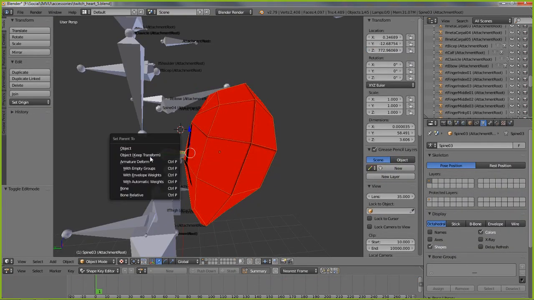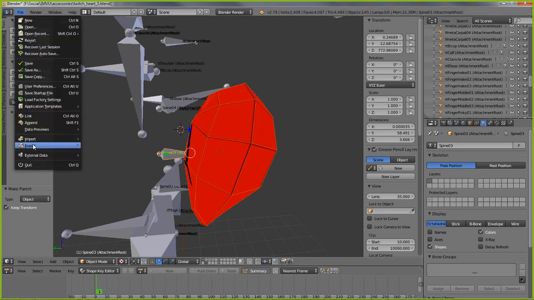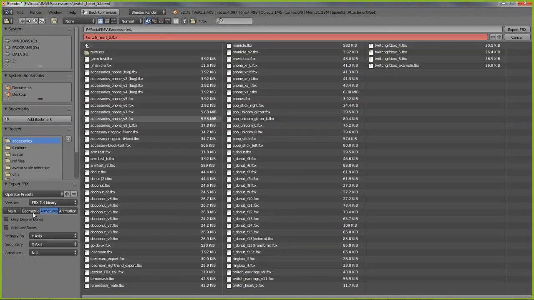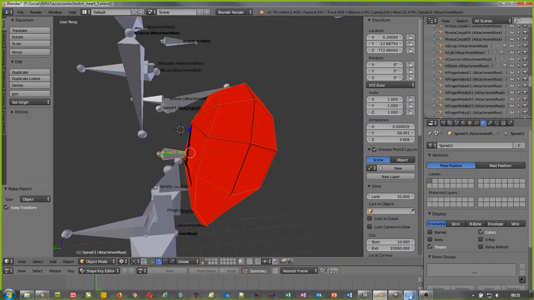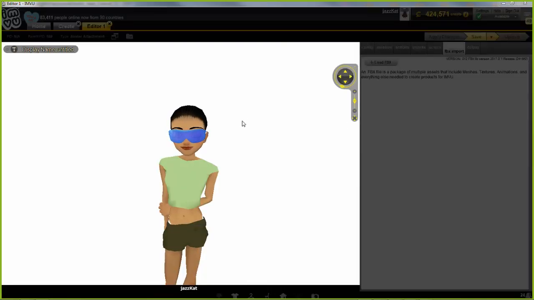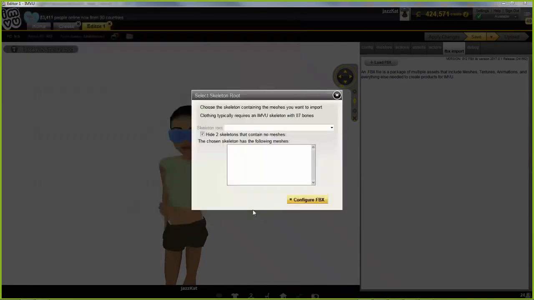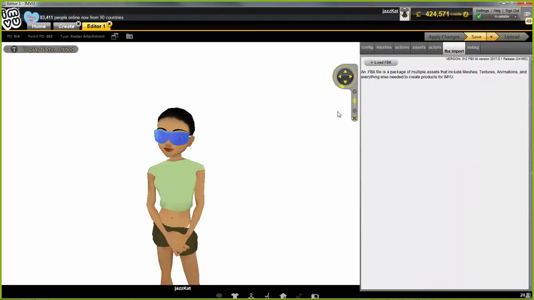Control P, parent, object transform. Let's do that again. Yeah, so there should be a mesh associated with the armature, but it's not. It's not. So